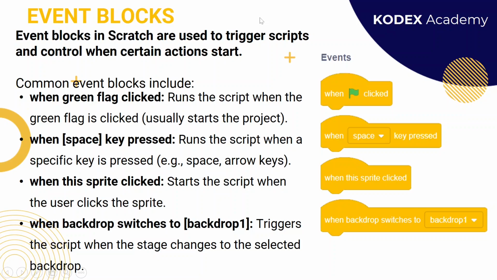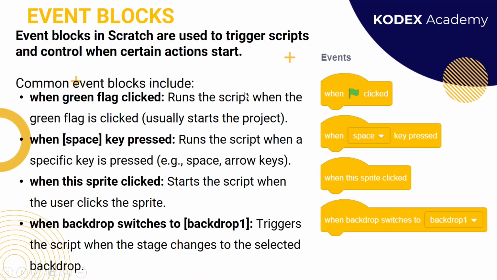As the name says, event, it shows how our play script will be run in your script area. Here the event blocks play a very important role to start the action according to your play script. They control the action of the different kinds of sprites which we choose and the background as well. These event blocks are used to trigger the script and control when a certain action starts, and whenever you want to stop a certain action, and on the basis of your requirement what kind of action should be run. All kinds of commands are managed by these event blocks.